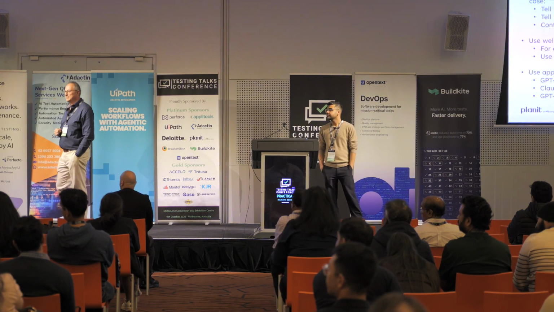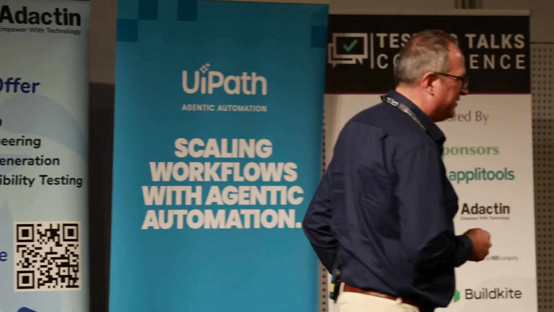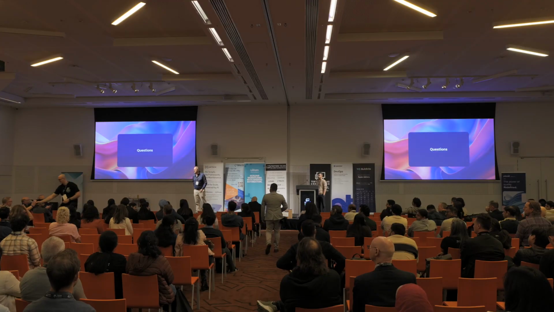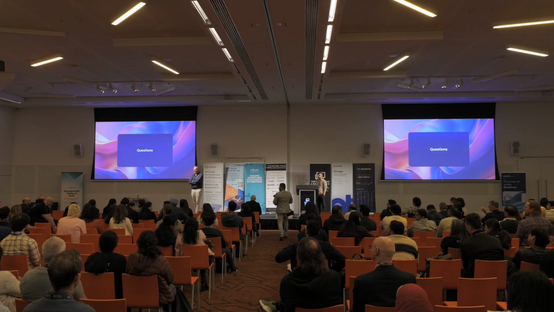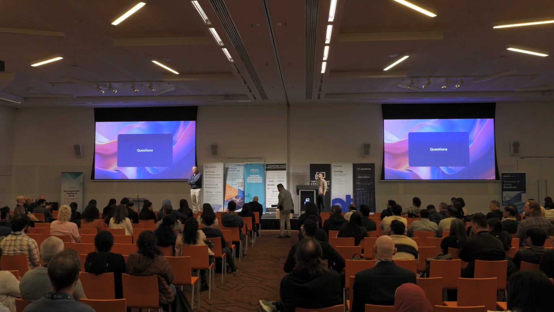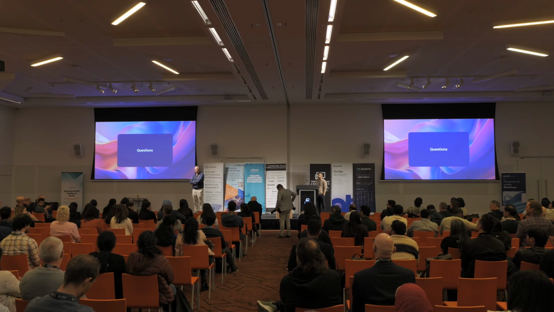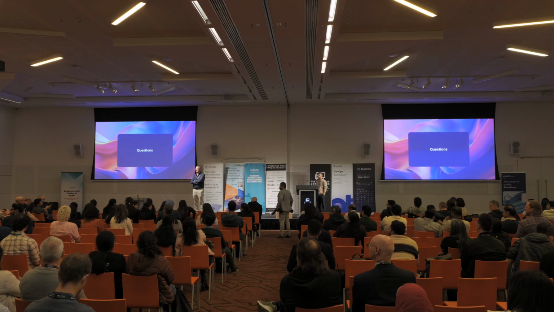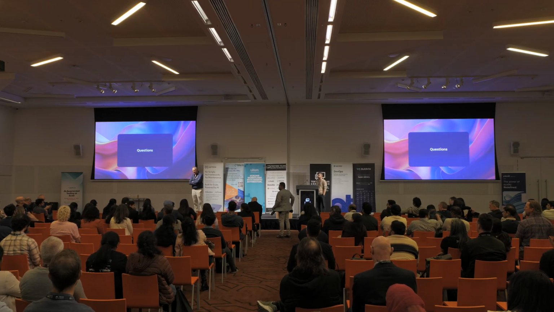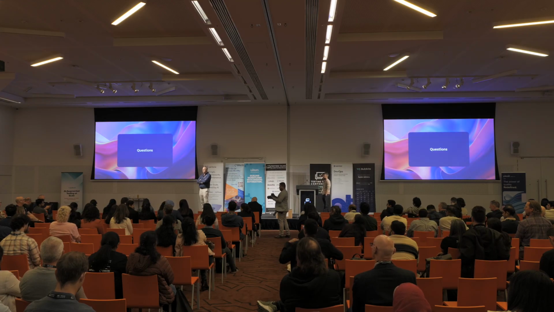Yeah, over here. In one of your examples, you basically said go and test this page. Yep. I'm assuming that the LLM is looking at the page, what's on there, and going, okay, this feels like a user flow. What it's missing is there's no intent there. It can look at the page and see what it is actually doing. It can't tell you what it's supposed to be doing. Yes. So how do you guard against that in that kind of scenario?